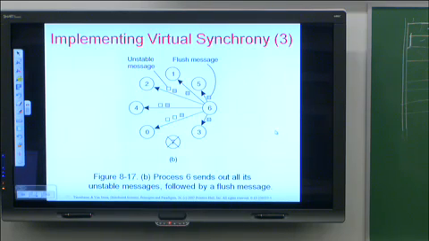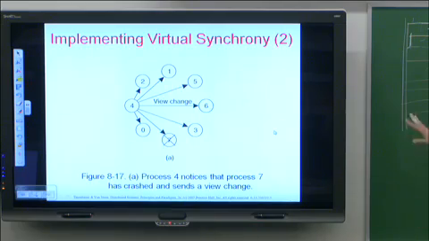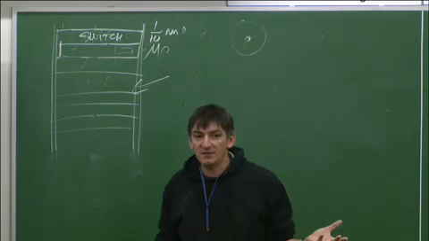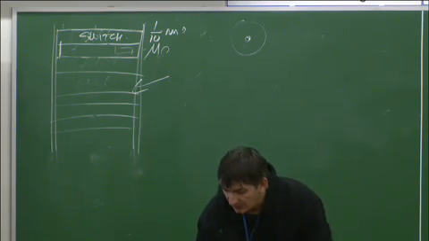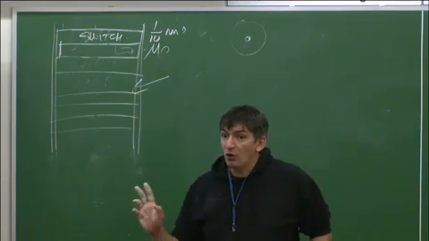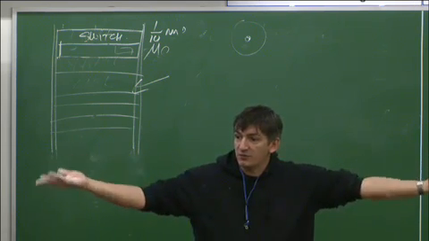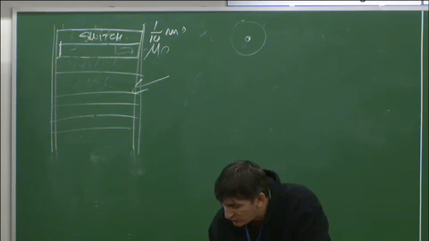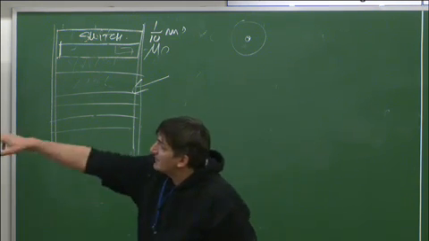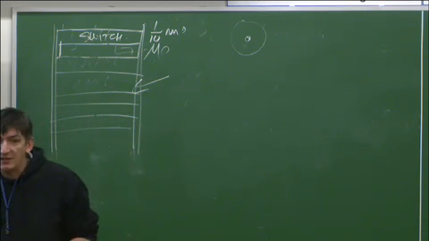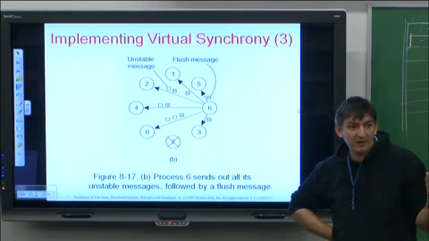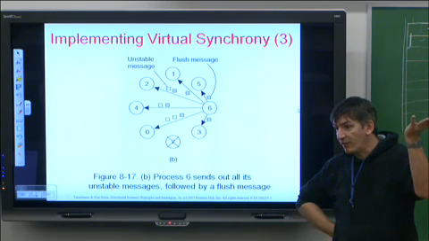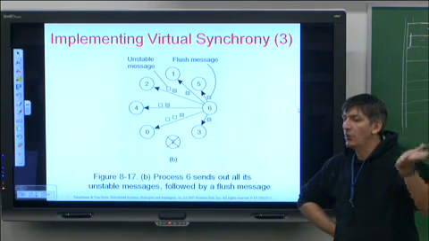Now, what happens is the following. Everybody was in the process of sending all kinds of messages. And these are all multicast messages that had to be delivered. For some messages, you know for sure they got delivered on all sides, so they could safely be sent to the application with an atomic multicast. But some messages are so-called unstable messages, and you're not sure if everybody got them. You can't deliver them to the application,